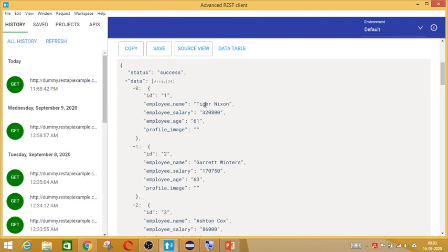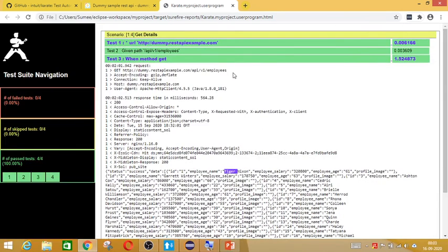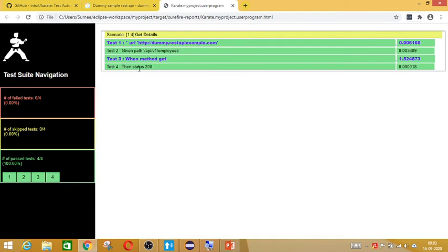So you can see Tiger Nixon, Garrett Winters, all this will be available here. So it has pulled all the details for us. Okay, and this is available in the report. And status 200 means the 200 status has come, so it has validated that.